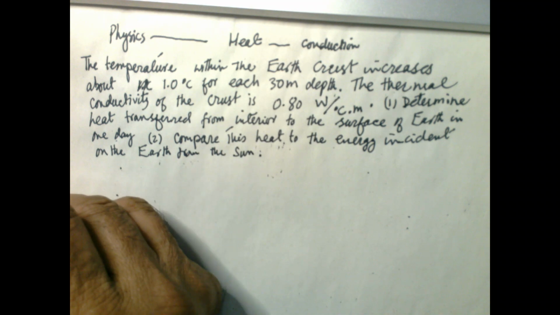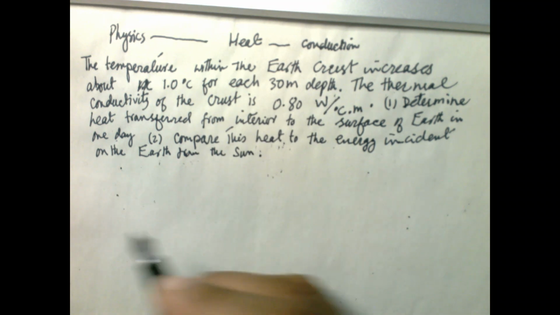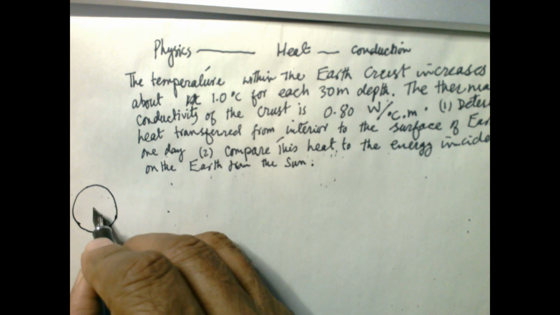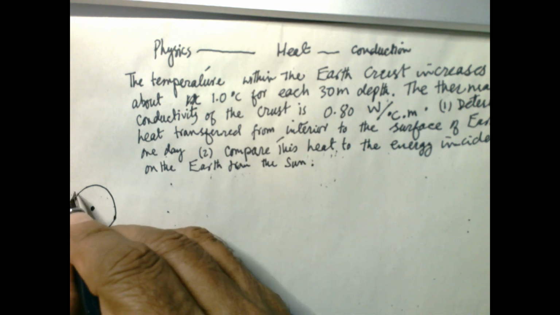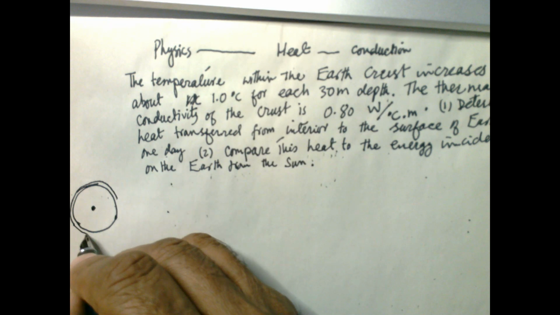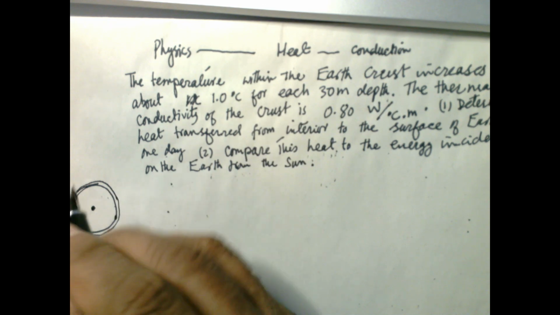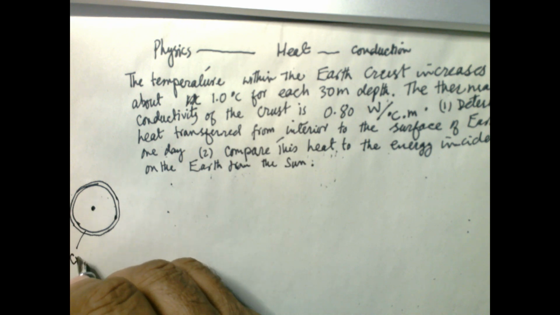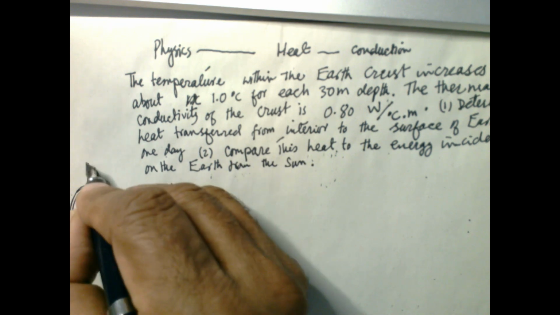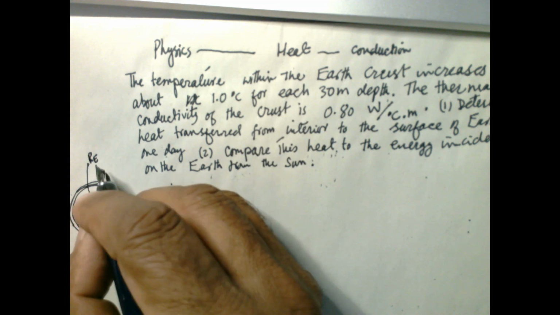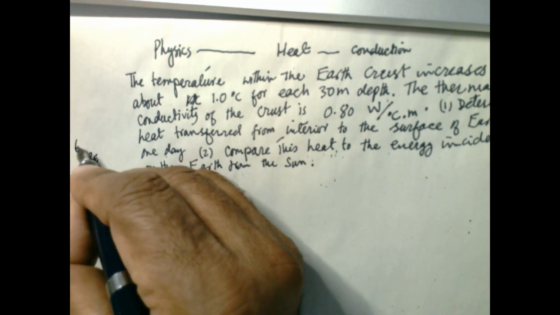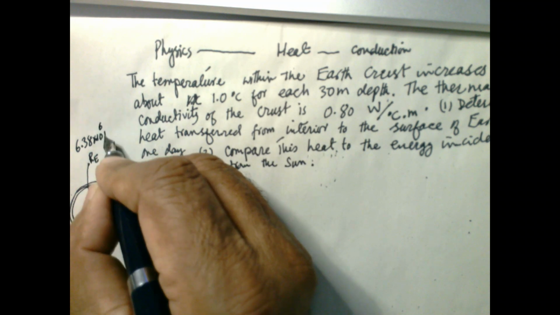So, first of all, we have to consider Earth. This is Earth's center. And suppose this is a crust. So, this is a crust. This radius R E, and this value is equal to 6.38 times 10 power 6 meter,